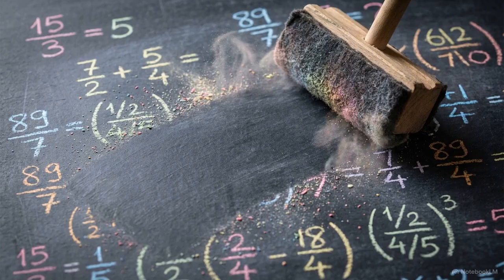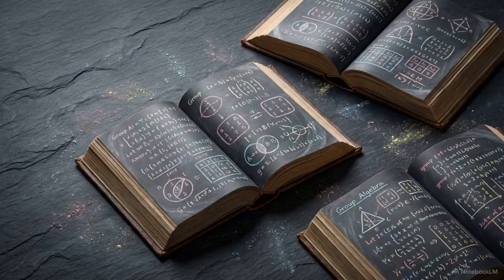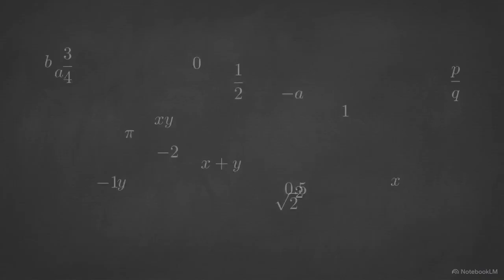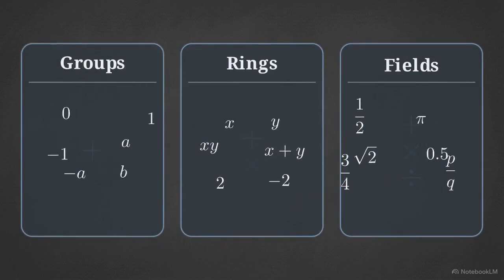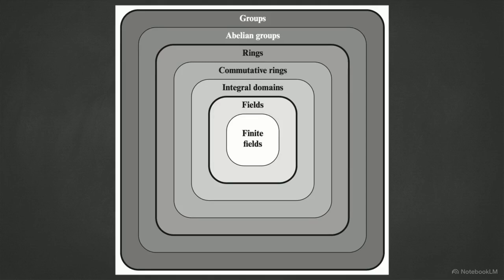To make encryption work, we have to stop using standard integer arithmetic and map the rules of Galois theory into the physical architecture of the hardware. Building this system starts with the basic definitions from abstract algebra, where numbers are classified into sets based on the operations they allow. This nested hierarchy illustrates how sets are organized.